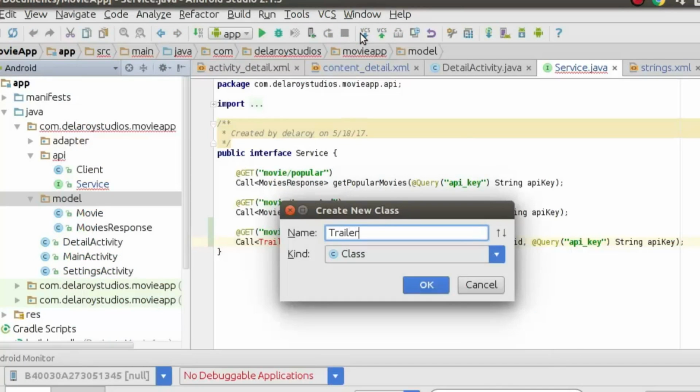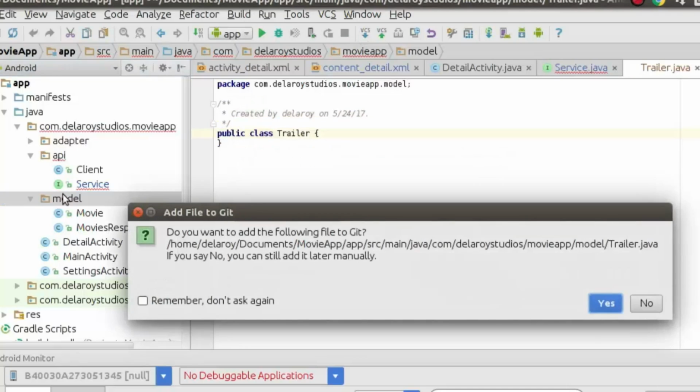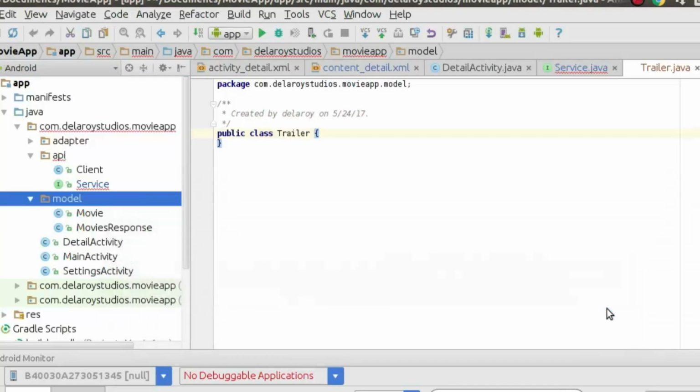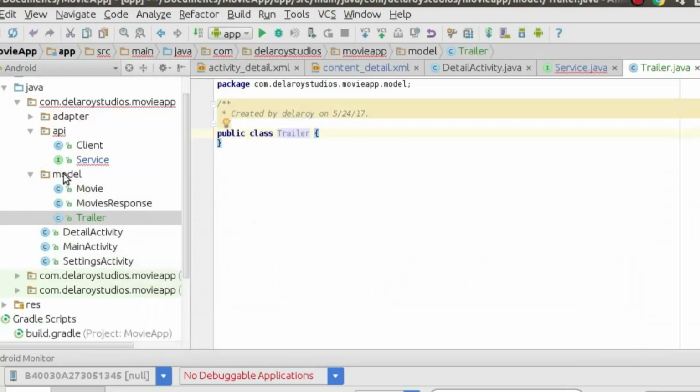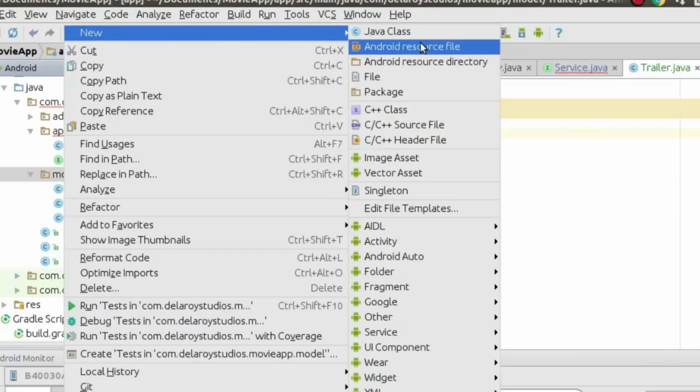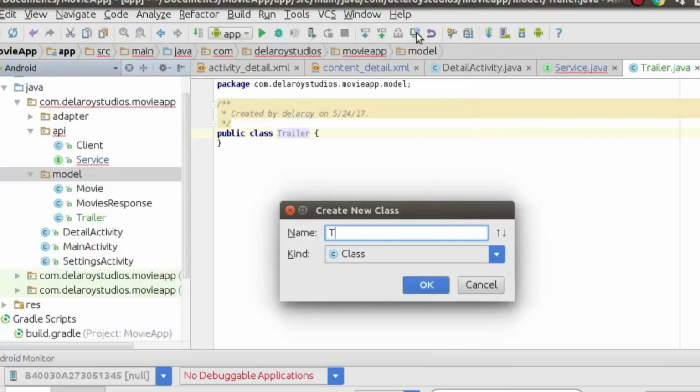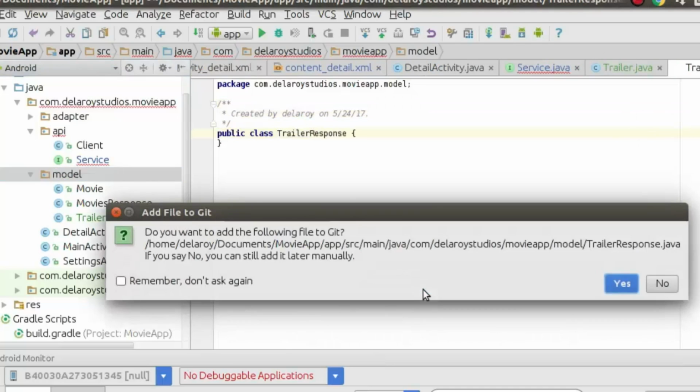Trailer, and we're going to have trailer response. This is the Java class. Response. Fine. Now right there in the trailer,